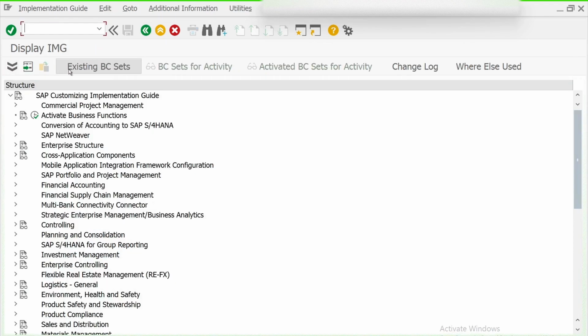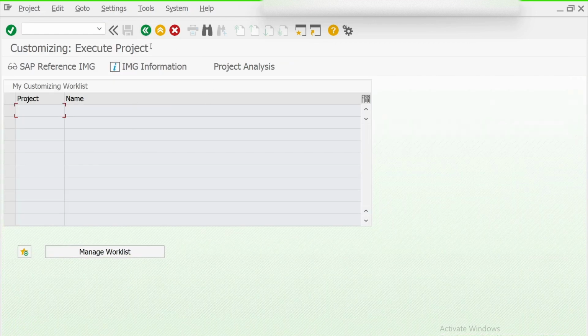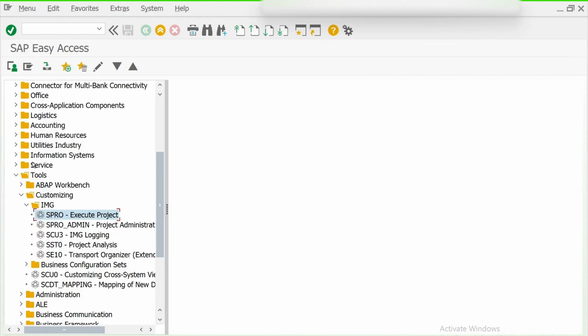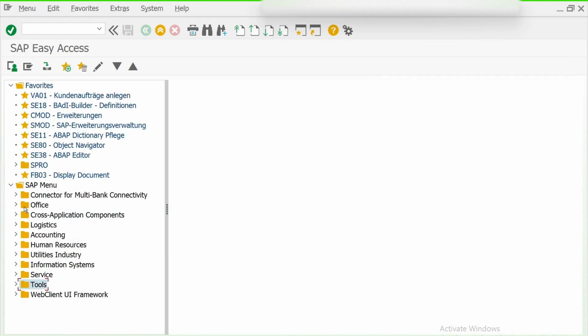Click here. Now you are having this implementation guide path, or the tree. You will be able to do the configuration, which is most widely used by the consultant to make the configuration. So there is another path. Let me come back to that SAP Easy Access screen. We have come here. So there is another path.